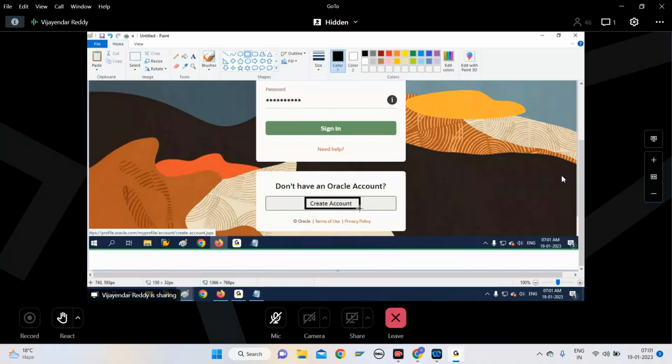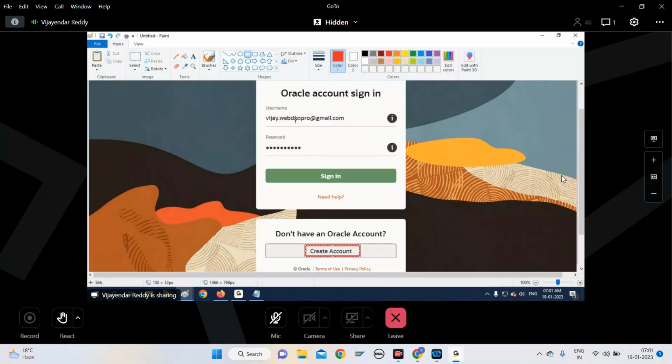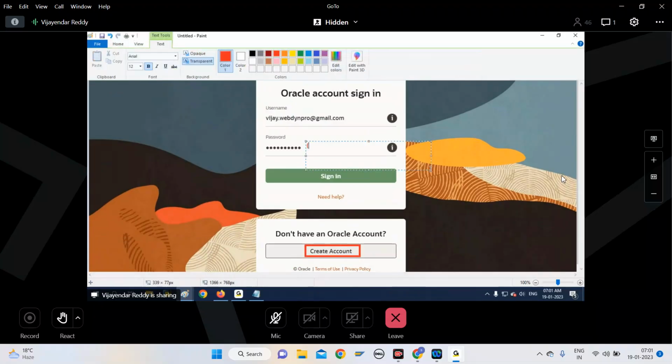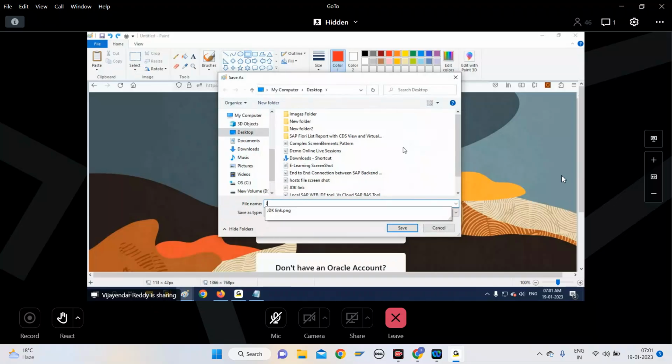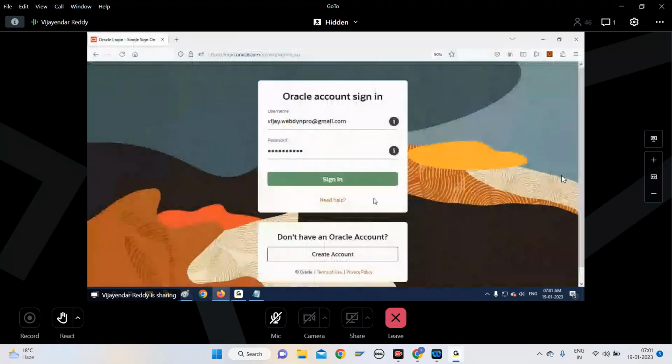If you want, you can create an account here or you can use an existing account. Right, so when you click on sign in,